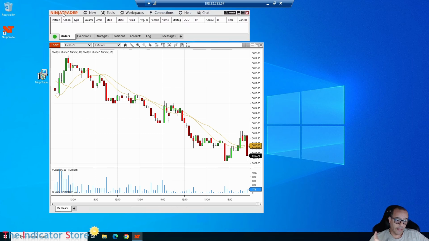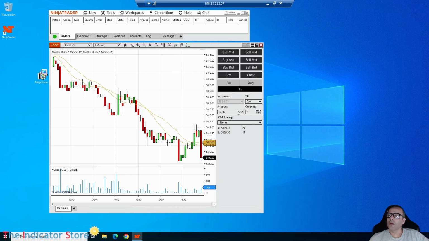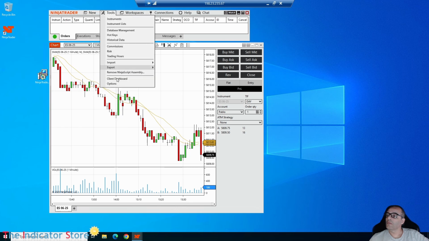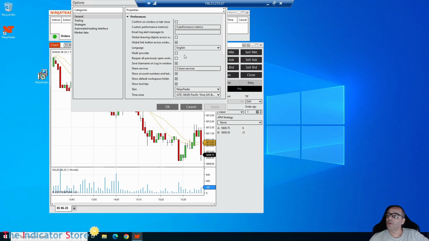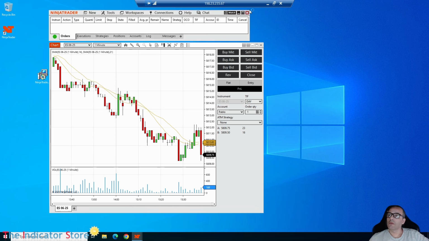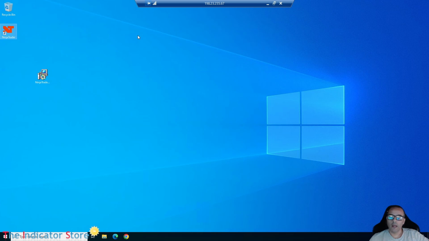also if you want to be connected, no, because now when we go to chart trader, we only have one account, or the sim or the live, depending on the option at the beginning. But if we want to have everything together, we can select options, tools, options, multi-provider. Okay, we need to restart, so close, save the workspace, yes. And now when we start NinjaTrader again,